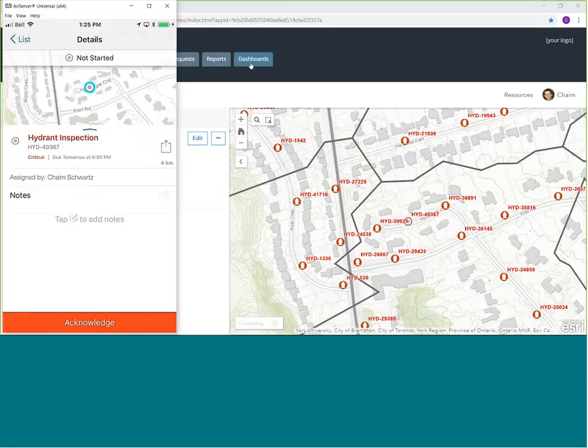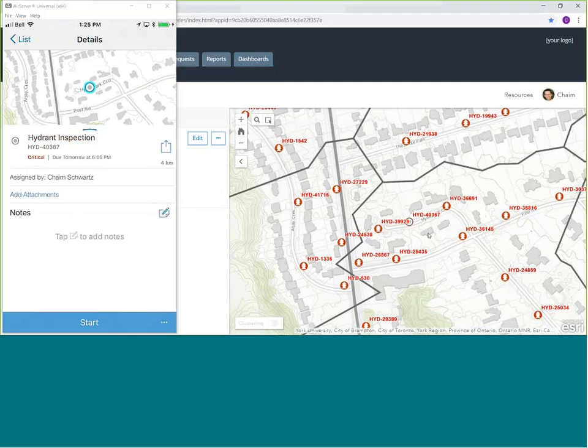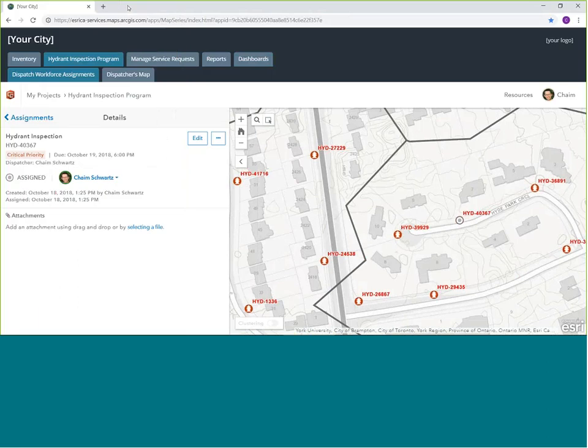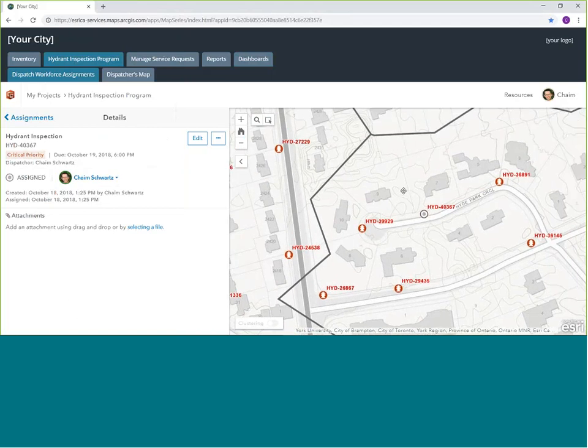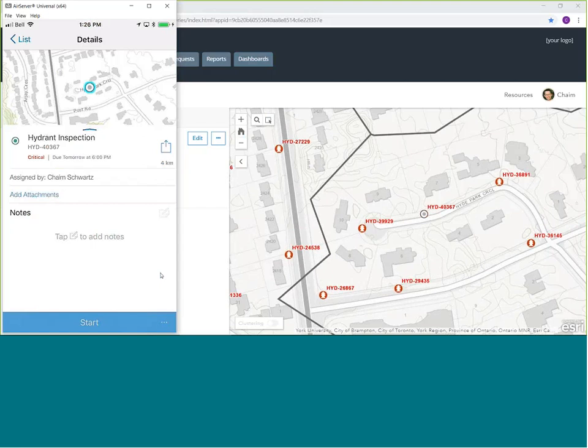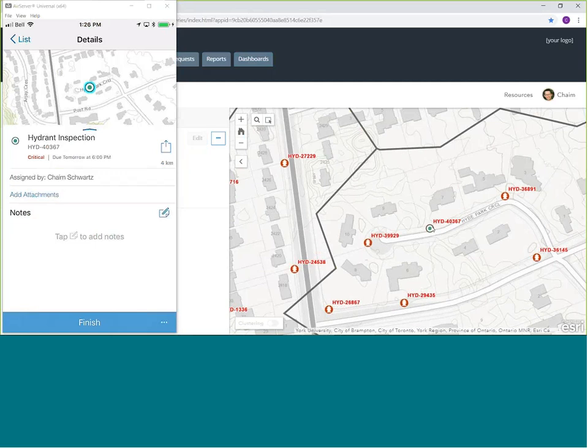I will first acknowledge receiving this, and you will see when I do that, this point of my assignment will change. Oh, sorry. No, so this should be there. So once I acknowledge this, the color here changed to light red, notifying my supervisor that I actually received and acknowledged this assignment. And back to my screen as the field staff, when I start working on my assignment, that too will be communicated back to my supervisor. And in a few moments, you will see this is changing to a green dot, and I will start performing